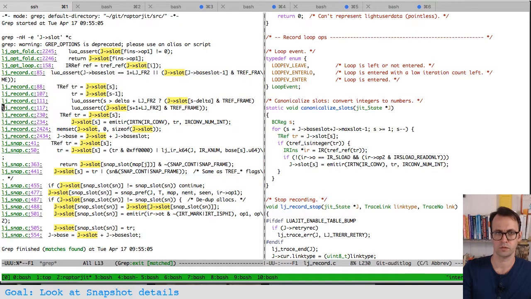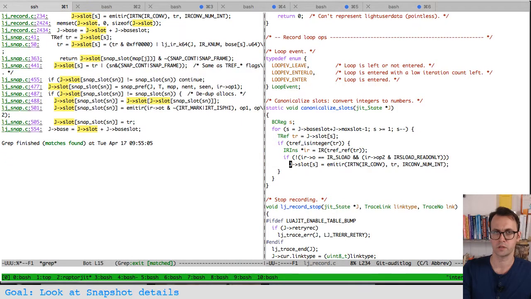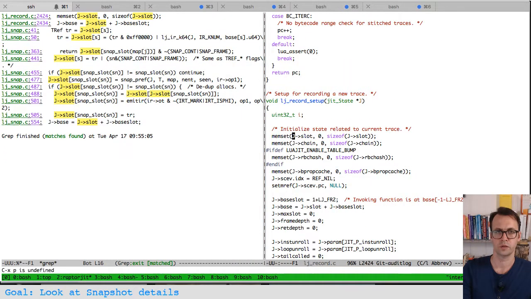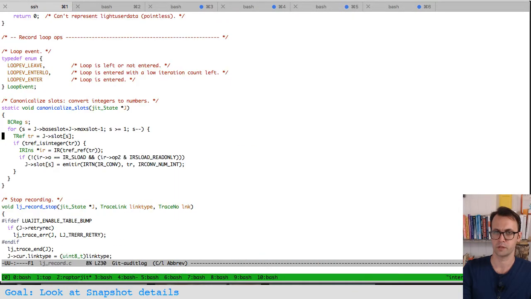So there is something we maintain. Back slots. Where else? Canonicalized slots. Okay, so is it only in canonicalized slots? That's the function that maintains this, which is a bit more pleasingly small. Canonicalized slots give us just numbers. Let's have a look. Maybe not. A loop over slots. Each slot contains a tagged typed IR reference. If that reference is to an integer,